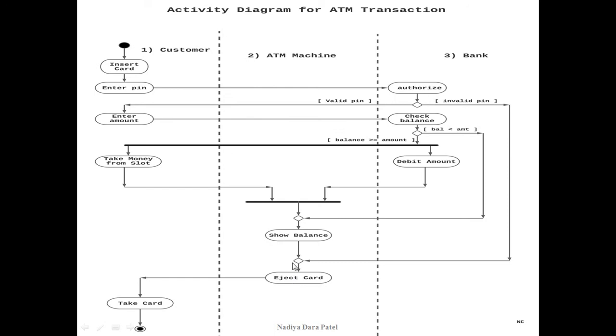Similarly, here is the fork and here is the join. How did I find that? It is having only 1 incoming arrow and 2 outgoing arrows. So this parallel line is dividing check balance into 2 parts. So this is the fork, and after the fork I have joined it immediately. So here are the incoming arrows, which are 2 or more, and only 1 outgoing arrow. I have joined everything together and then merged it and finally reached the final state. This is how you should draw.